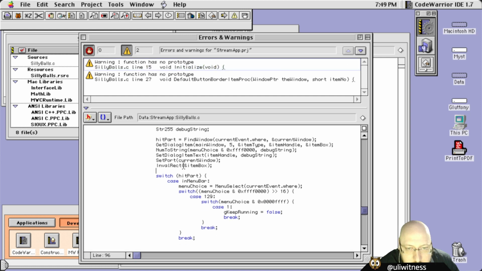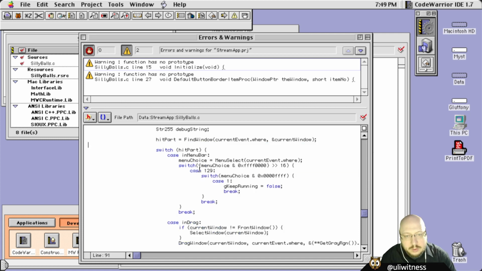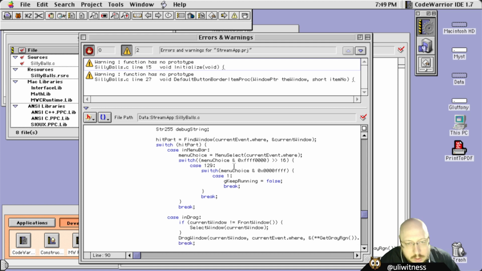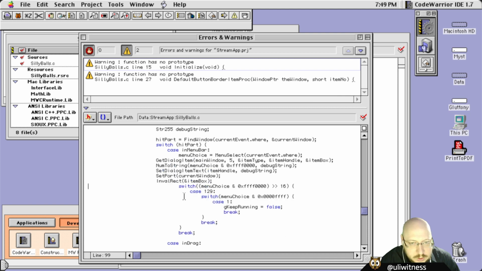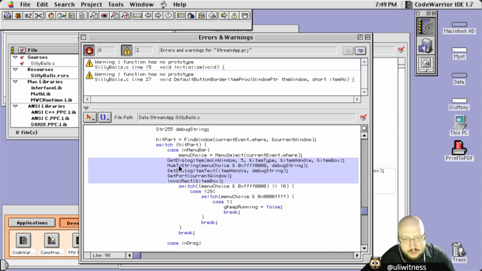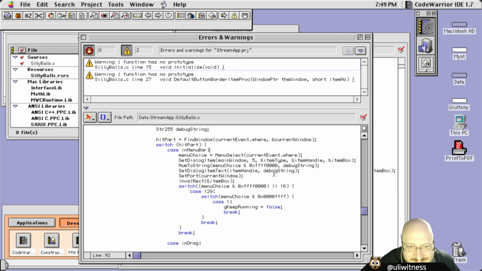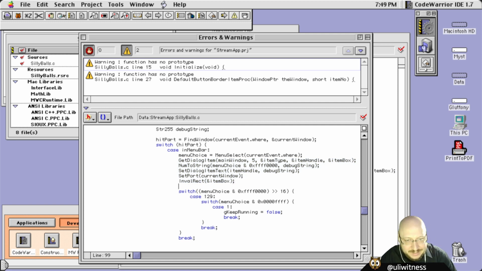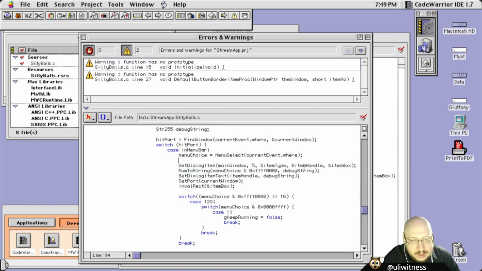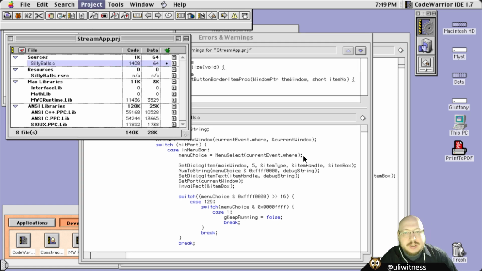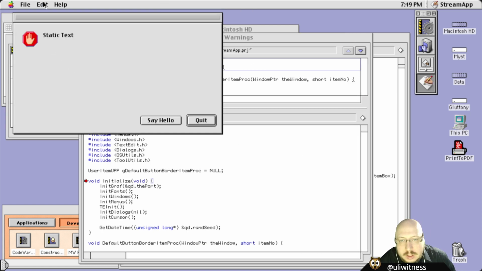Oh, probably because all of this is before we actually, because we want to print the menu choice, of course. We need to do it after we've actually assigned a value to it. Ha! Yeah, that might be it. Alright, let's just see if that works, because if it does,